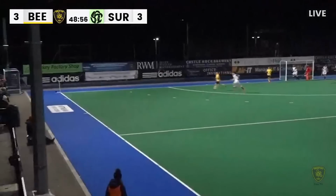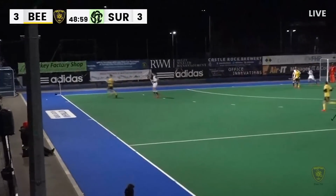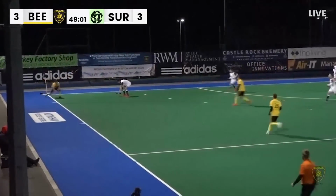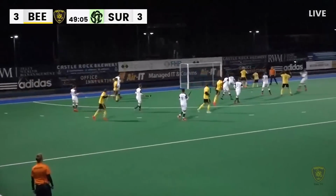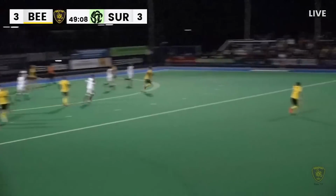Oh, just off the line. That almost squeezed over the line there. That must have been very close. Beeston looking for the shot. Hit the post. Well,